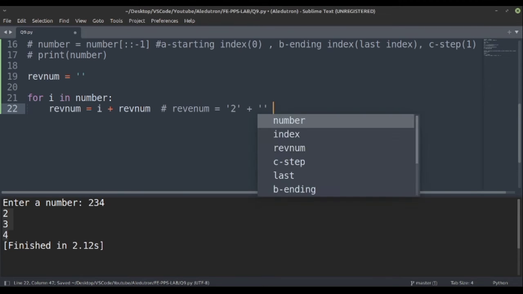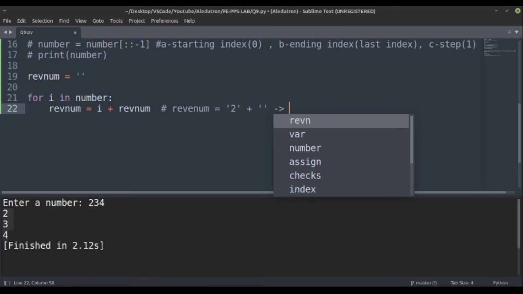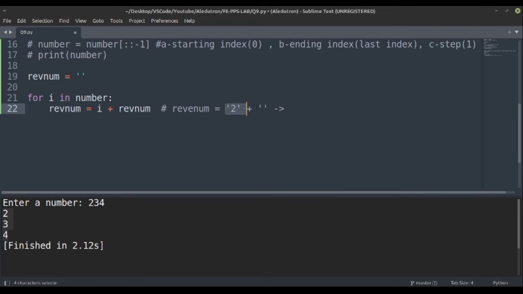In the second case, reverse num now is 2. So this value basically becomes 2 and it is stored in reverse num. So rev num, this is a variable rev num. So basically rev num is containing 2.